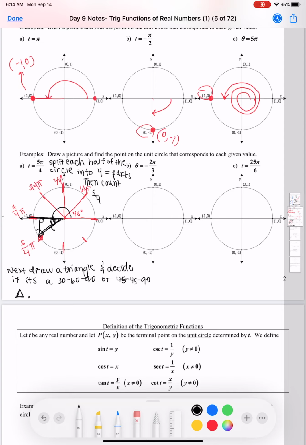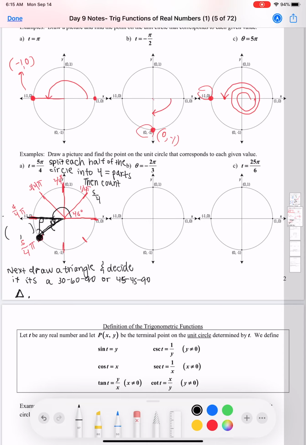Okay. And so now we want to actually state what is going to be that coordinate pair. So I ran out of room a little bit. Okay, so that coordinate pair, if you have your unit circle memorized, I would start trying to practice stating what that coordinate point would be without looking at your unit circle. But if you even just look at the unit circle to double check yourself,